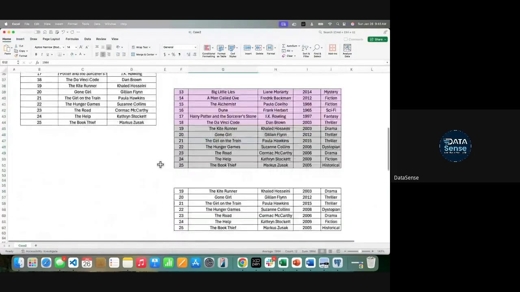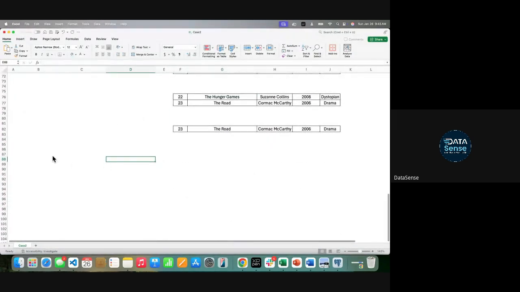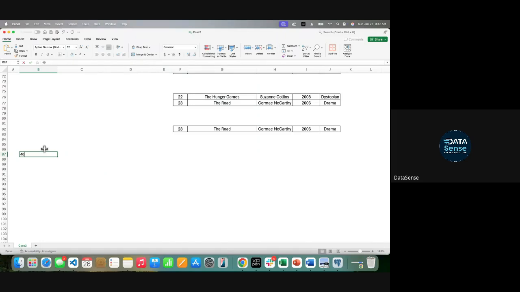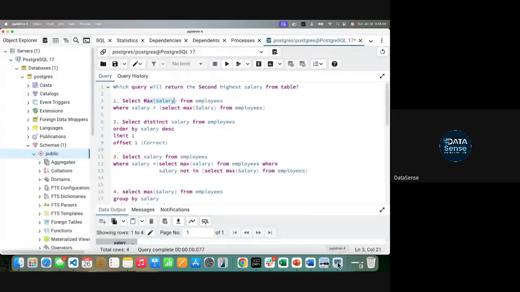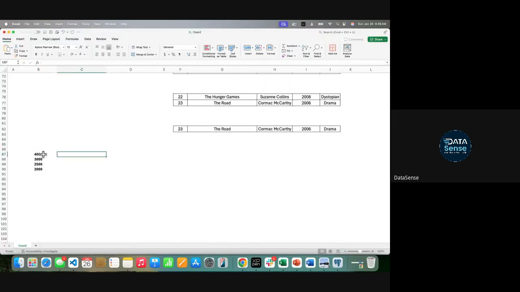Just think like this. Those who are not able to visualize, for example, let's say you have these salaries: 4,000, 3,000, 2,500, 2,000. Suppose you have these four. Now, let's read the query: where salary is less than the max. First of all, tell me which is the max salary in the table. 4,000.